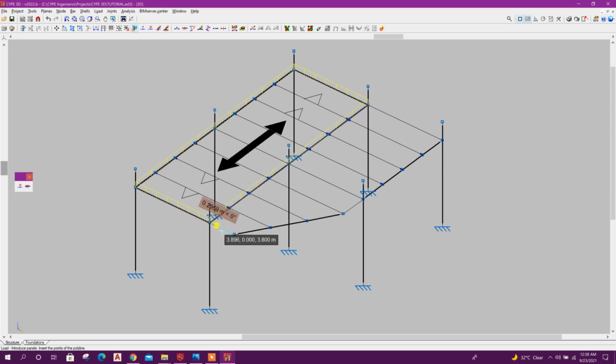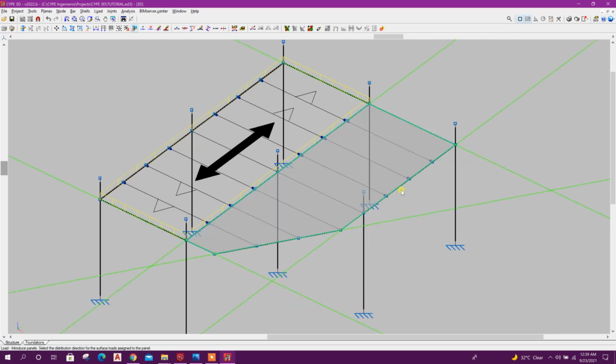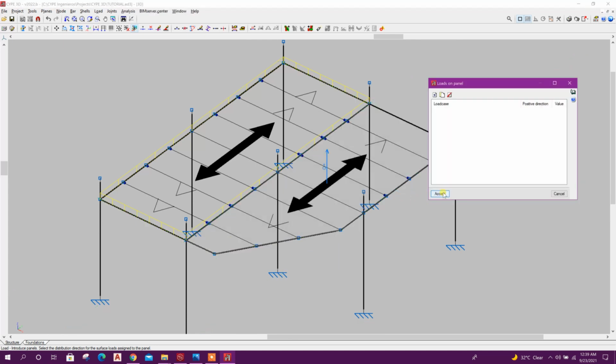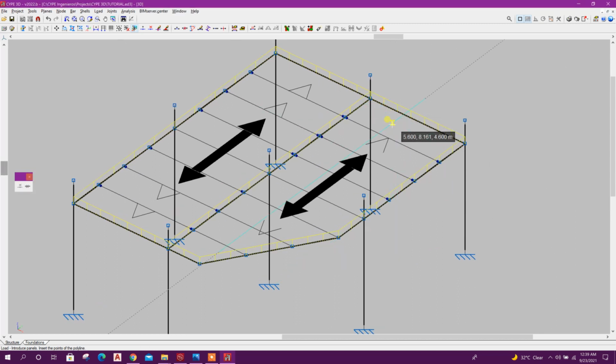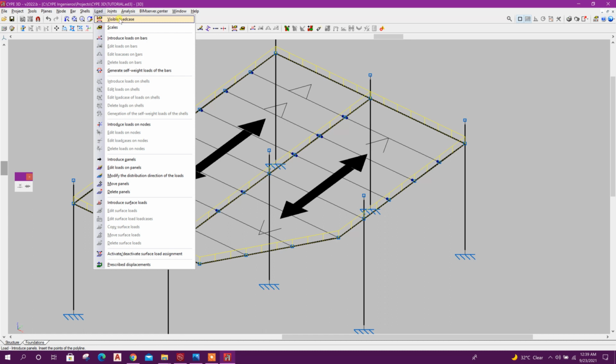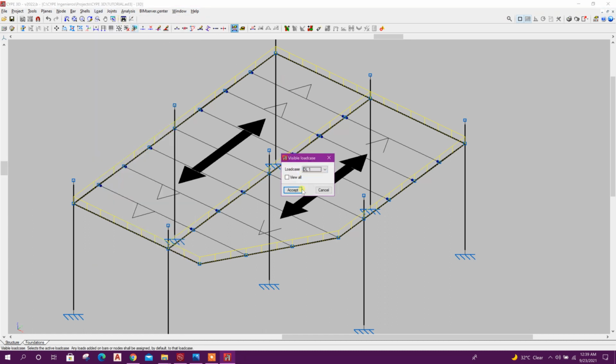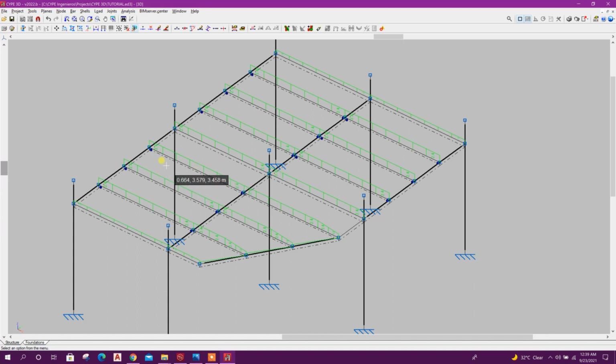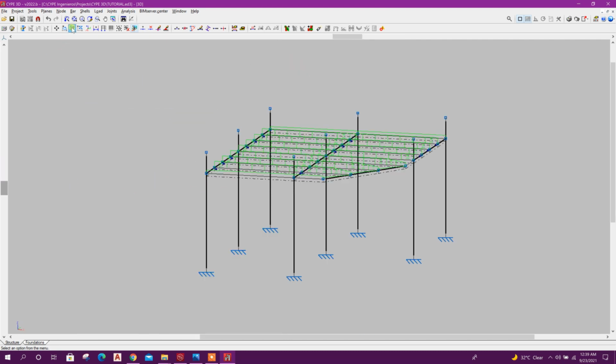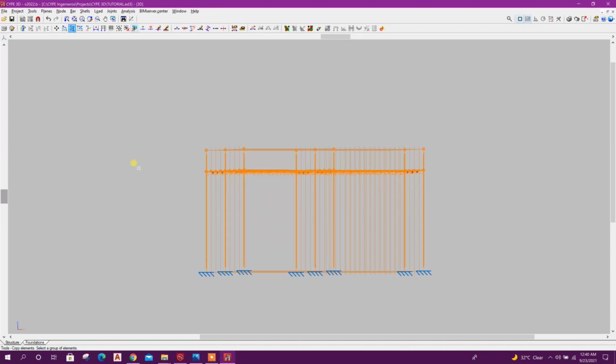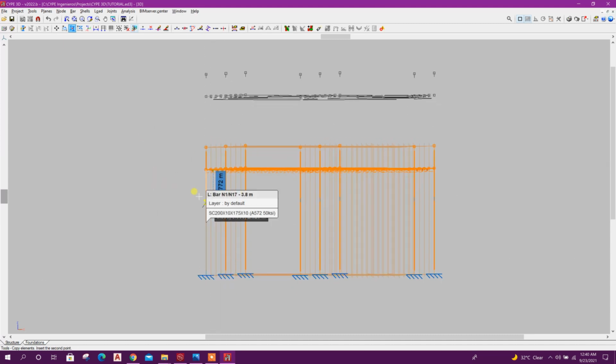Another, right click, then load distribution direction this side, accept. Accept. We can see the resultant load values, visible load case for dead load, accept. So loads have been distributed to beams according to the load distribution direction. We will copy the elements with panels, accept. Select the element, right click, from here to